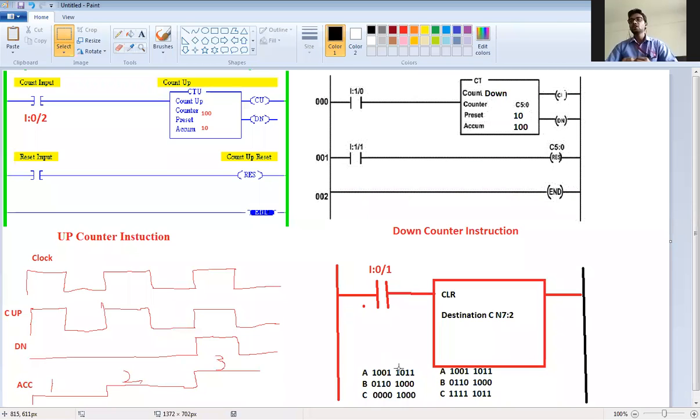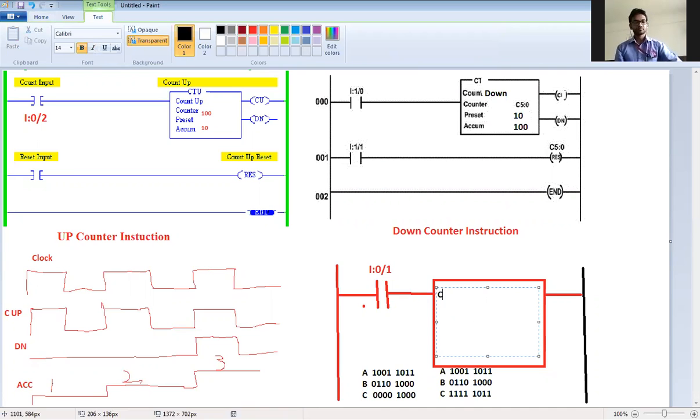Again, one more instruction is there, that is the compare instruction. The EQ instruction is there. This is the compare instruction. In the compare instruction, one source will be there, that is N7:0, say suppose, and then N7:5, say suppose.